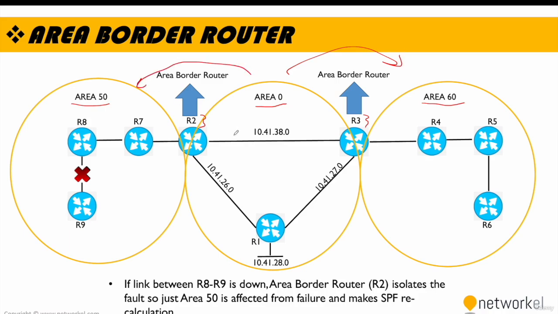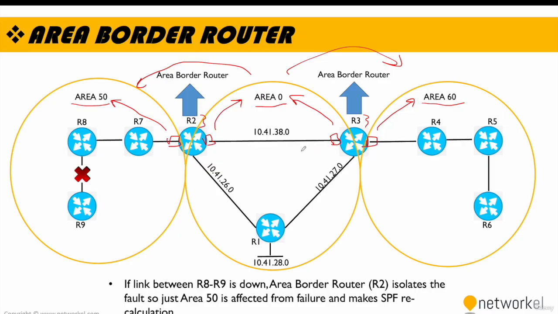Pay attention that router 2 has one interface in the backbone area and another interface in area 50. The same applies to router 3. It has one interface in area 0 and another interface in area 60. So the role of the area border router is connecting other areas to the backbone area, and it has